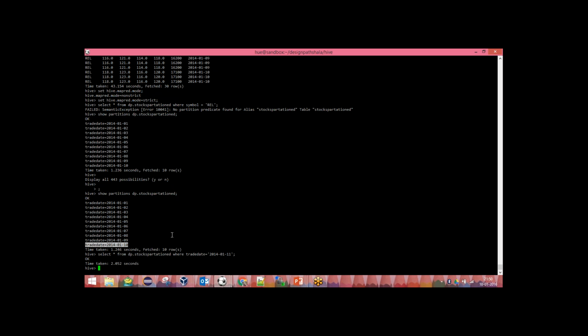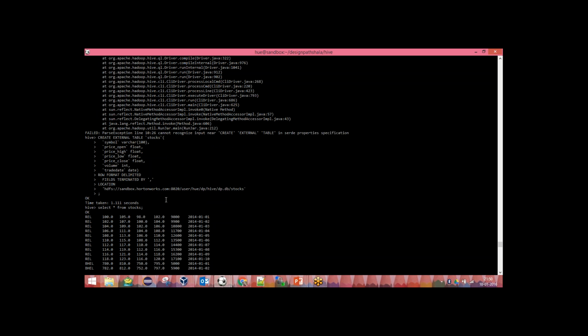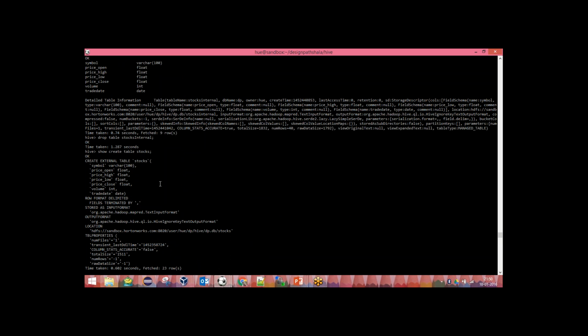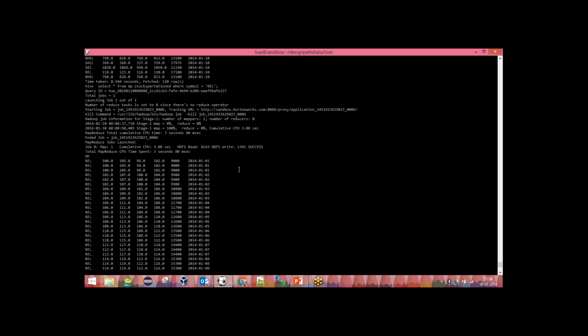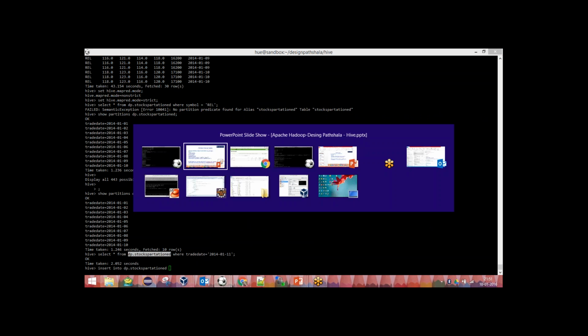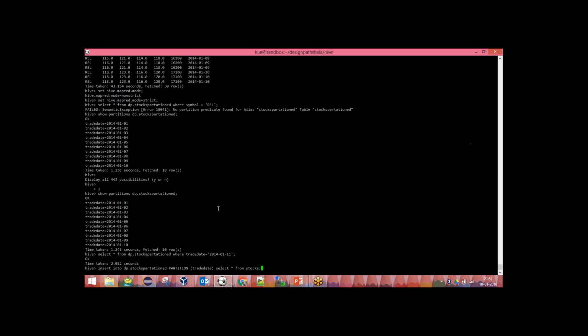अगर मैं insert into stocks partition by, जैसे मैंने पहले करा था, कहाँ चली गई कमांड, will write it. Partition, trade date is equals to,